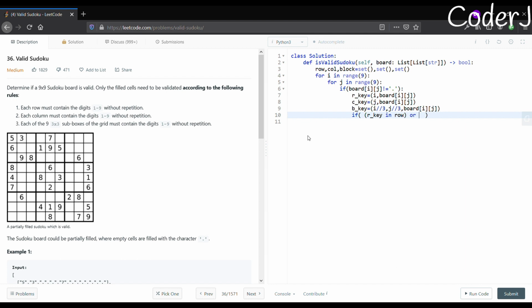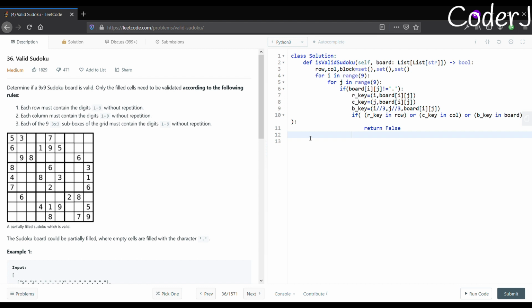This should not only be the case for a row, but also for the columns and the block. If that is the case, I'll just return false. That means there's another occurrence of an element and that is not a valid Sudoku board.